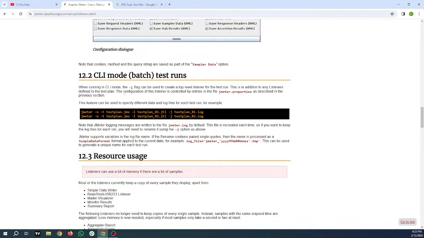When running CLI mode, the -Dself flag can be used to create a top level listener for the test run. This is in addition to any listeners defined in the test plan. The configuration of this listener is controlled by the entries in the file JMeter properties described in the previous section. This feature can be used to specify test run data and the log file for each test run. For example,